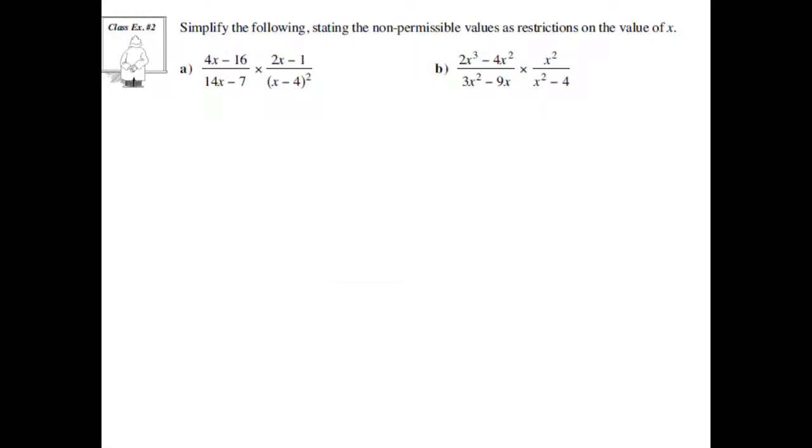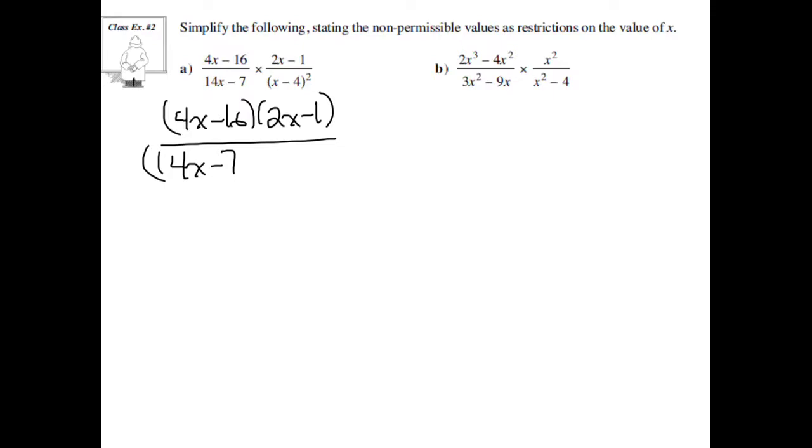When multiplying rationals, we are doing the same thing that we do with fractions. We just have variables now. We multiply the numerators times the numerators, so 4x minus 16 times 2x minus 1, over 14x minus 7 times x minus 4